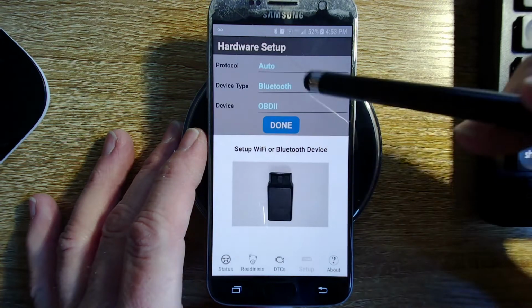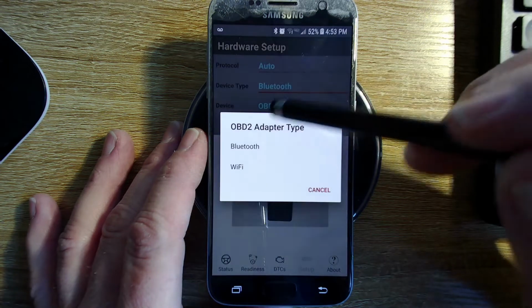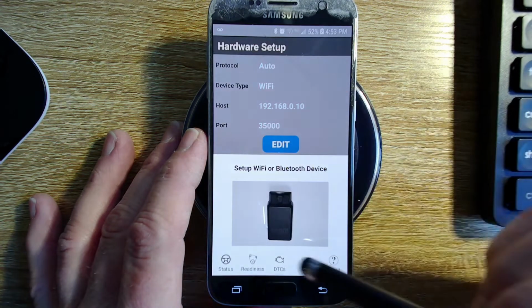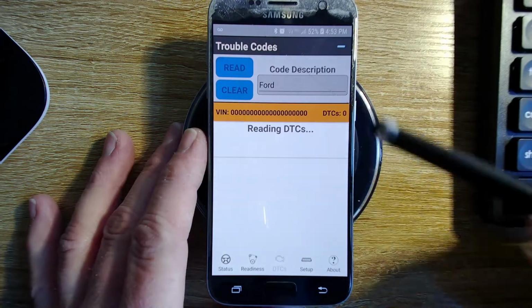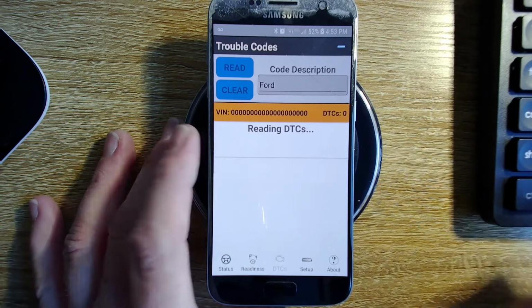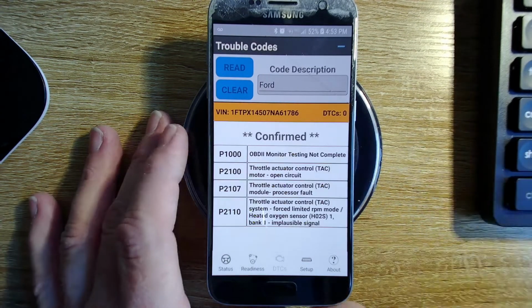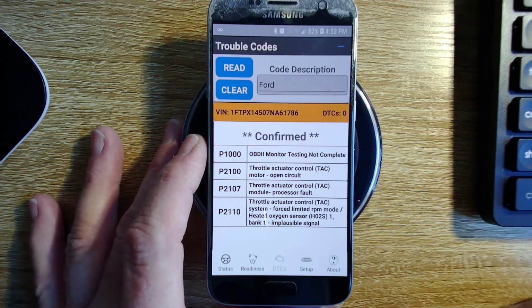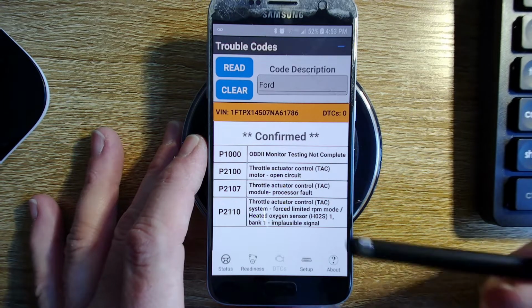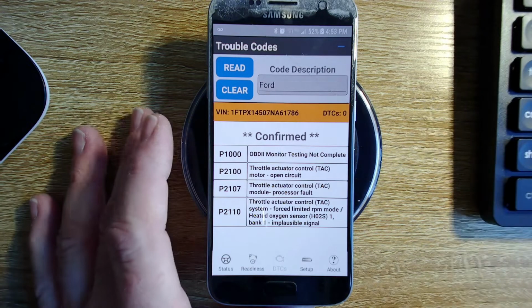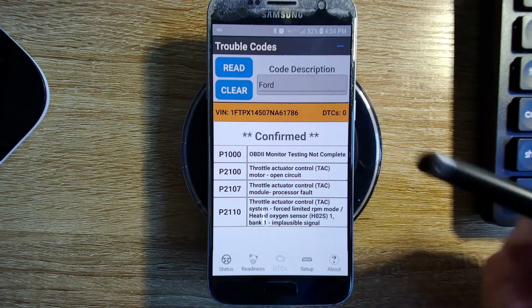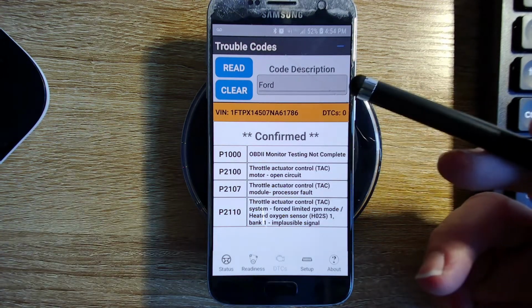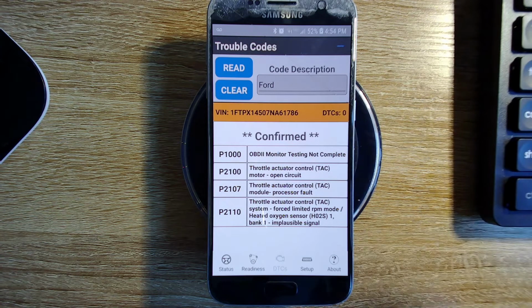So let me run over to the Ford, which is the Wi-Fi, and it's done. They come in here and you read the code, and this pulls in the code. Right. And then here we are. Here's our codes, which before I was reporting nothing. So now we're rolling in. Now I'm very pleased to say, at least on the Ford, I'm pulling in